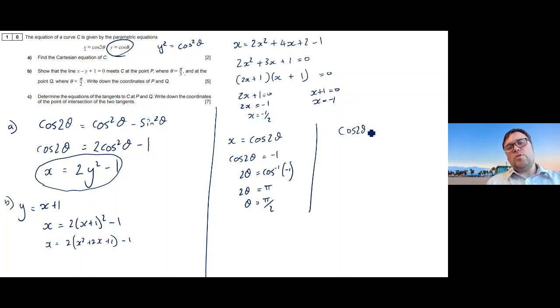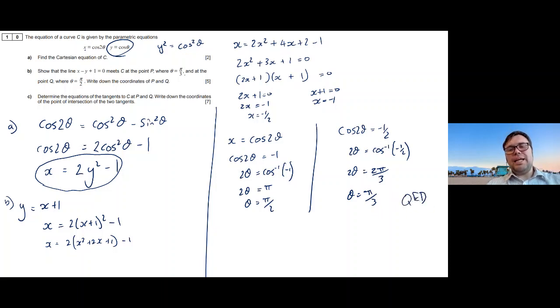Cos 2 theta equals minus a half. 2 theta is cos minus 1 of minus a half. 2 theta is, I believe, 2 pi by 3. Theta is pi by 3 is required. So theta is also pi by 2, and when theta is pi by 2, the coordinates are minus